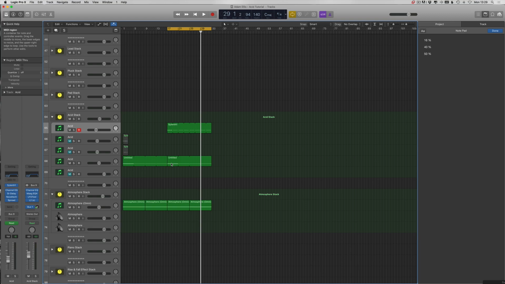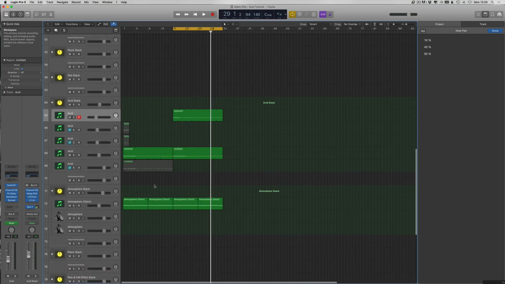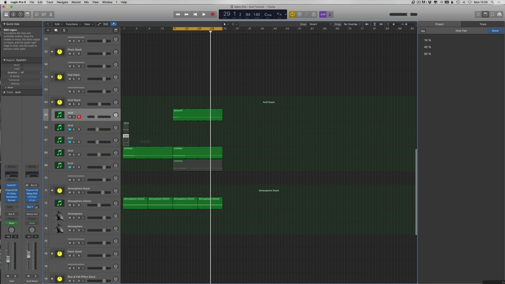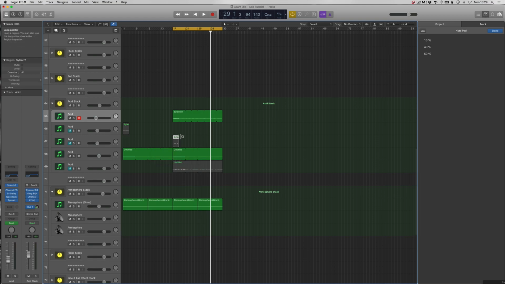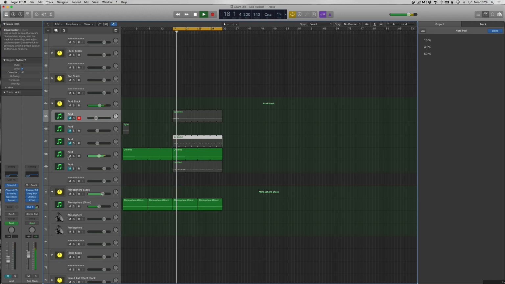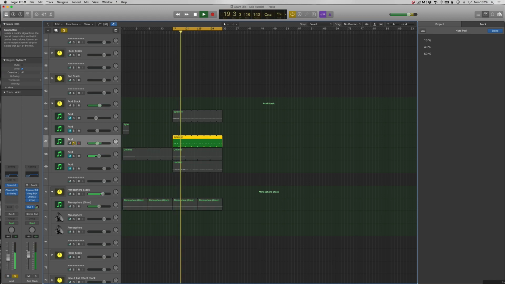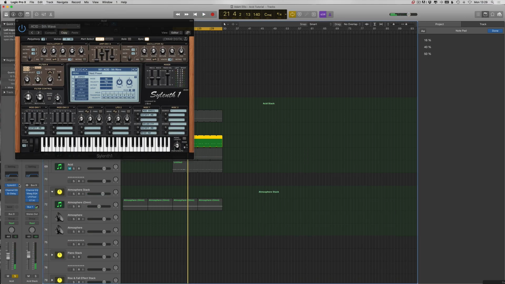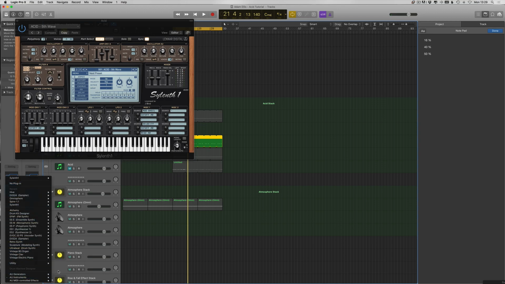So it gets tricky when you want to start adding more continuous acids. We might not add any more, but this is the hardest part I find, and that's doing the one-shot acids. I really like this one actually, so we're going to add this. It's not a one-shot. We might make it into a one-shot, but let's go ahead and change the synth. It's a nice starting point, but